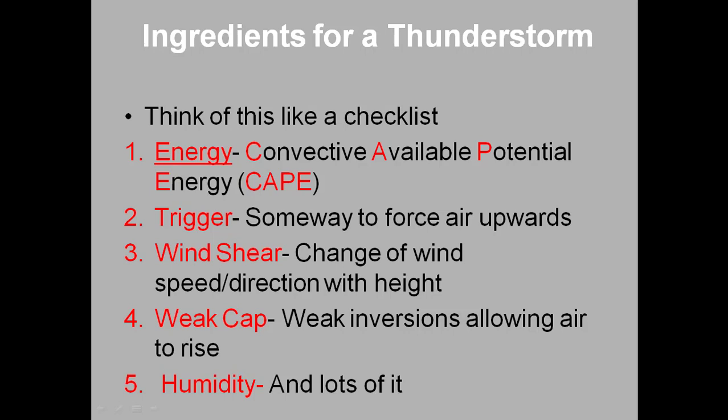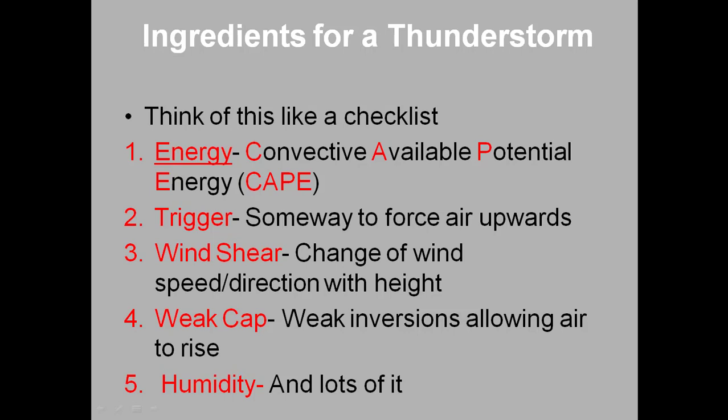When we talk about Florida in the summertime, that's because of the convergence of the 2 sea breezes. So when we have sea breeze convergence, that can be another way to force air to rise. So there are these different triggers that can cause air to rise. And if you don't have a trigger and you don't have any way of forcing air upwards, then you can't have a thunderstorm. The third item that you really need in order to have a thunderstorm is what we call